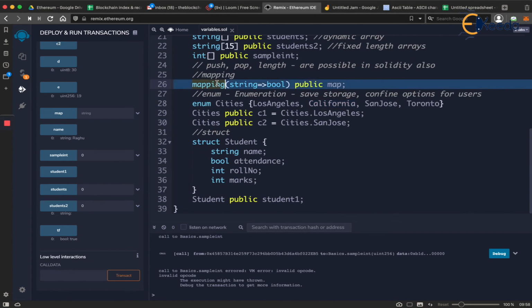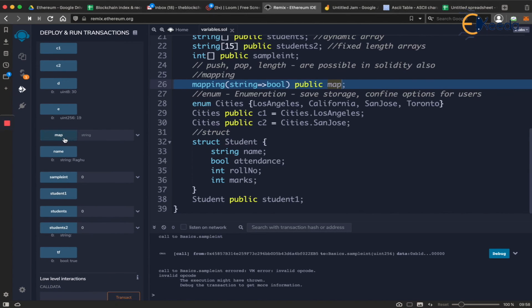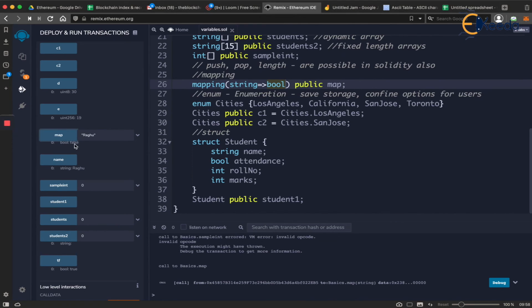Now comes the interesting part, mapping. So let me go to this map, which is here, and I am saying string to Boolean. Have I changed or stored any value here? No, right? But still, if I give my name, Raghu, and click on this map, it is giving me